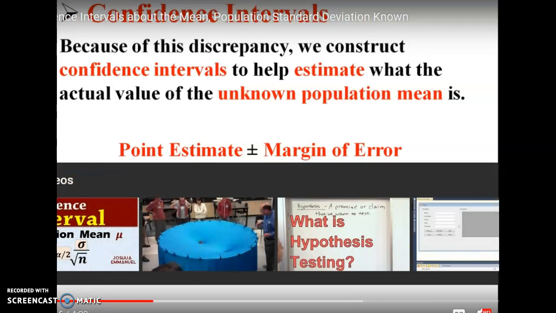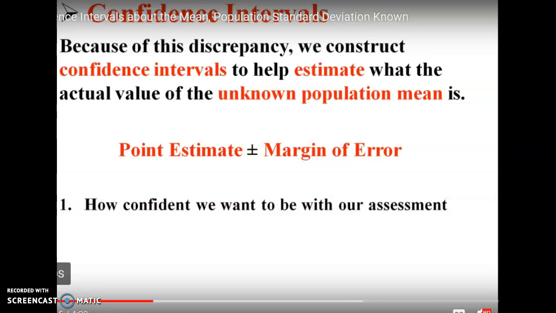Now, when we talk about margin of error here, it's not the margin of error we were looking at before. Way back in the beginning of the text, we looked at estimating the margin of error for proportions, where it was 1 over the square root of n. That's still true. Margin of error is simply a general term. So we're going to look at margin of error from this one. That's from page 338 in your textbook. So I would suggest you read that.